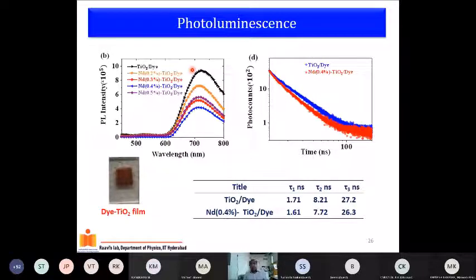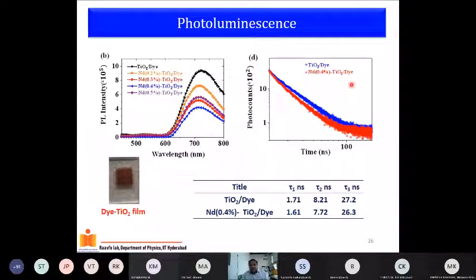We can also do the time resolved PL. If you look at the time resolved PL, the dye alone would have a long lifetime, which is the time it takes for the 100 photons, the electrons, to come down. Please don't take my 100 as an important number. I'm just giving you a number so that it is clear for quantitative purposes. Now, if there is an injection, then what happens? Only 5 is left, right? 95% efficiency to start with. So only 5 would relax fast. So there will be a quick decay in the emission, which you see as a faster time resolved emission.